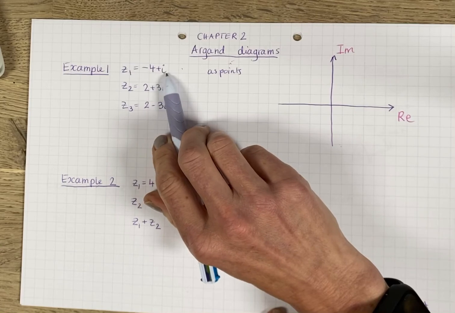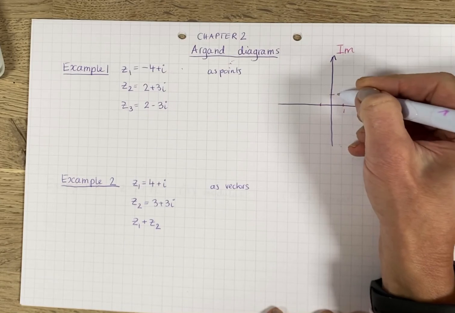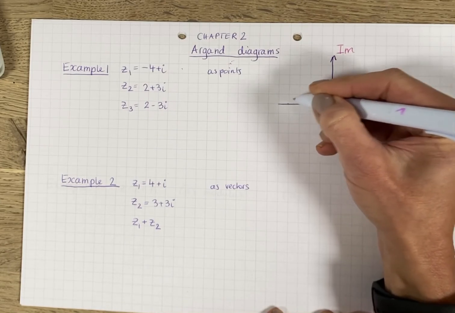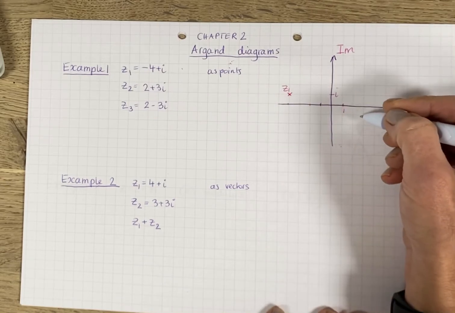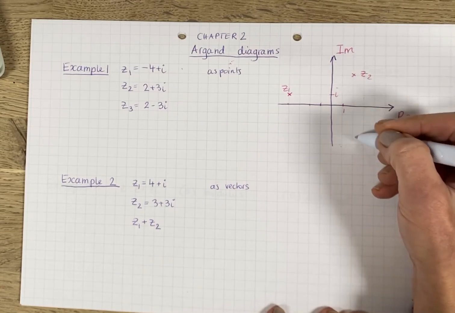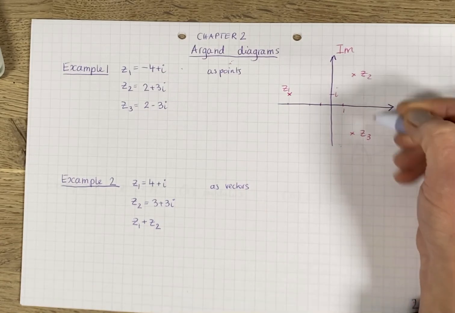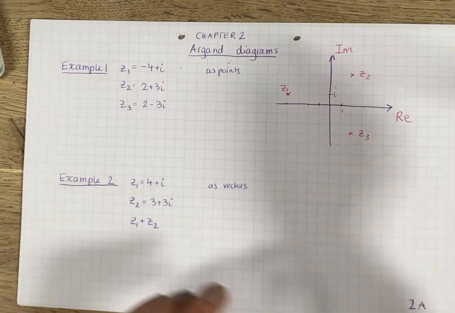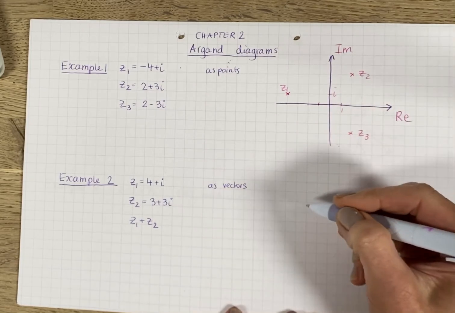minus 4 plus i. So let's say there is my scale, indicate the scale: minus 1, minus 2, minus 3, minus 4, 1i. Here is Z1. 2 plus 3i is Z2, and 2 minus 3i is Z3. Well, complex conjugates, you can see that conjugate pairs are symmetrical about the real axis. You might want to plot the